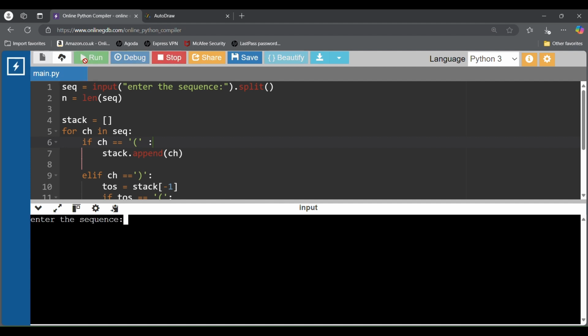Let's give another sequence like this. Is it valid? Still valid. Okay, let's give the sequence and nested. Do you think it's valid? It is still valid because here we do have a pair of parentheses which is valid, and again we do have another pair outside which is also valid. So this makes it valid. So let's see. Yes, it's valid. Now let's give something